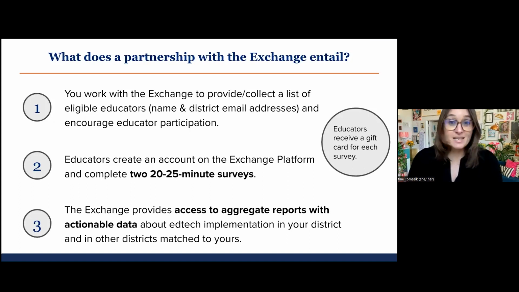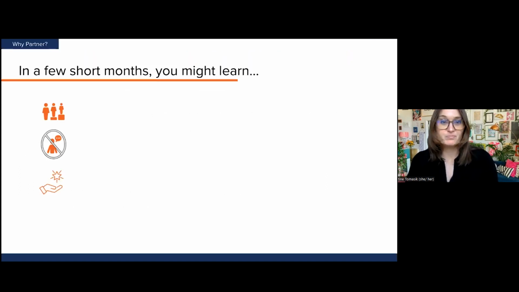We use that list to email your educators to invite them to the survey. The second step then is for educators who participate to create an account and take our 2 surveys. That's where we pay them. Finally, the platform provides you with aggregated reports that you can use in decision-making about technology.